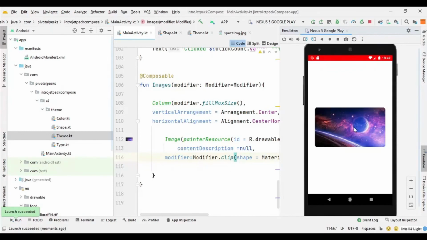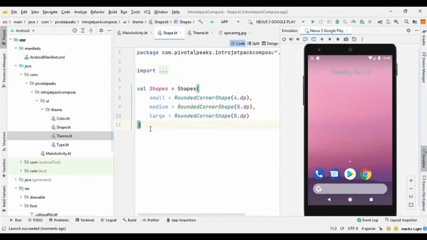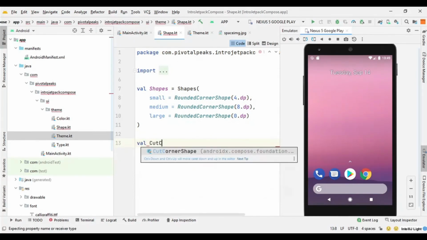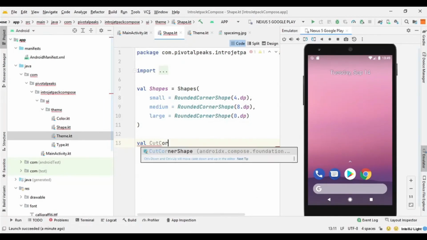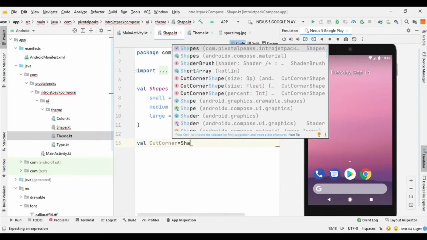Now let's use the cut corner class, so we can see what that is and how it works. Let's go to our shape file, and here I will create a new value for our cut corner shape. So I will say val cutCorner, and here I will say shapes.